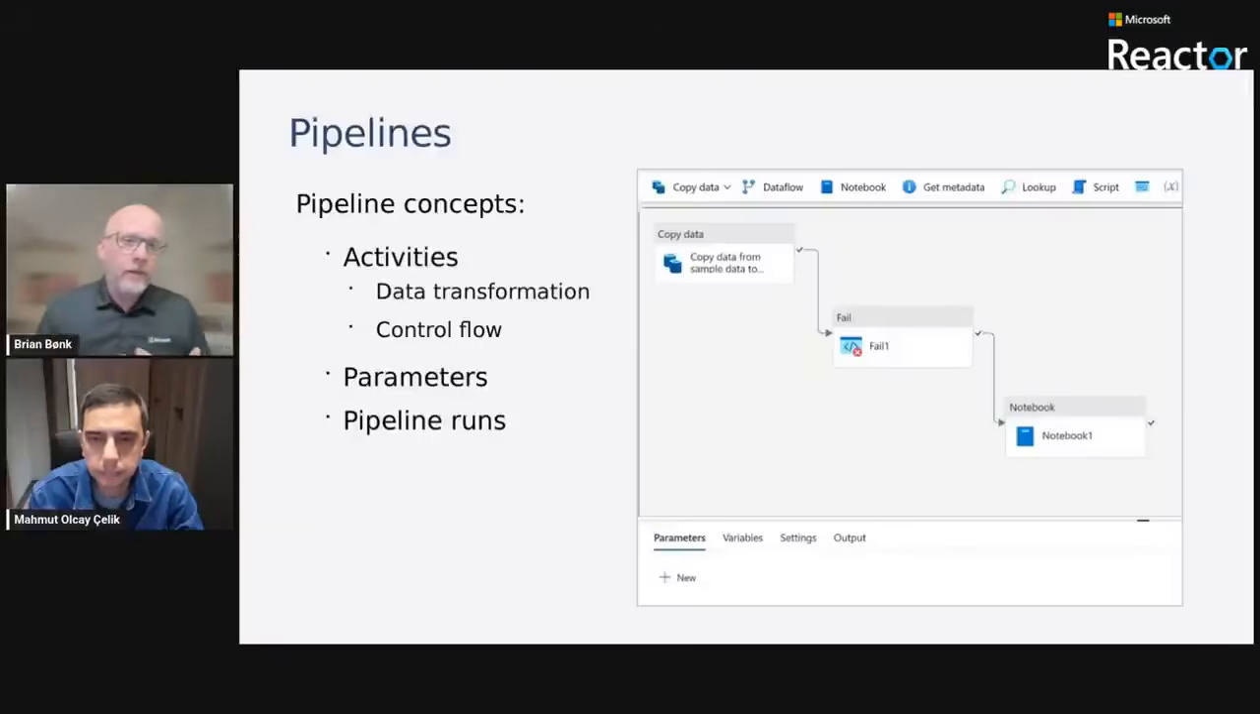Pipelines, I briefly talked about, hey, we can copy data from A to B, but we can also use it as a control flow to say, hey, if this fails, then do something. Or if this succeeds, send me an email. If this fails, start another process or start a Power Automate process and log it somewhere and send the IT department an email saying, hey, this failed, do something. Pipelines are fully parameterized